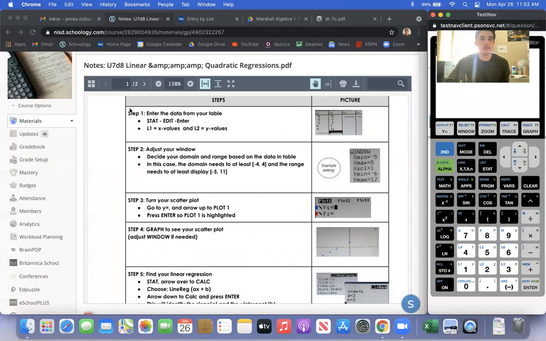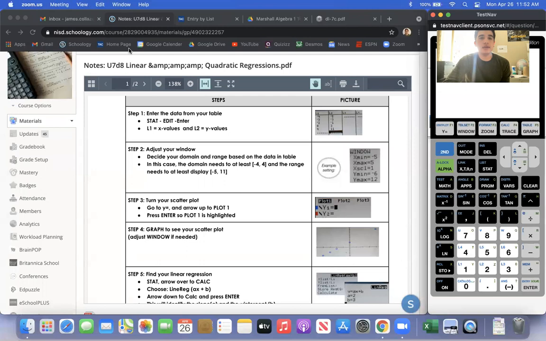Here we have a bunch of steps, but the only ones we're going to be messing with today are step 1 and step 5. For today we aren't going to do any of the others. Eventually we will, but for today we're just doing step 1, step 5. That's it, over and over again. So step 1 here is